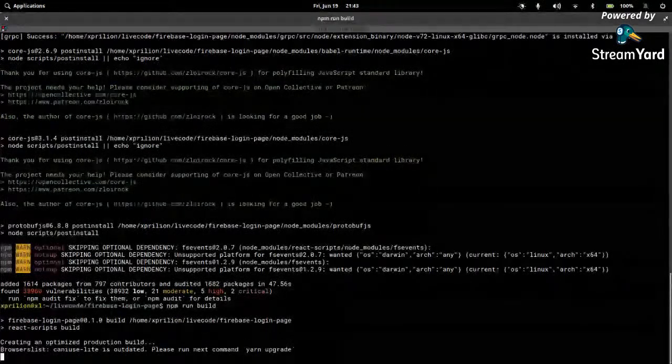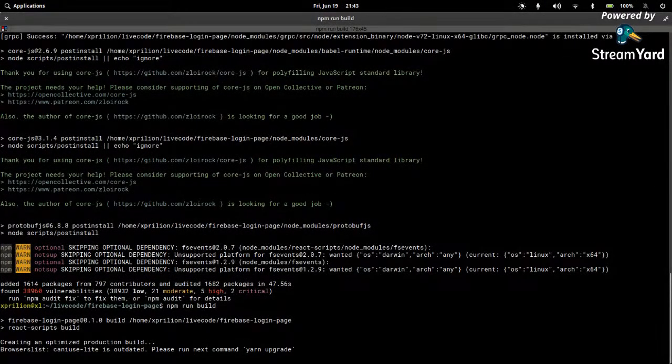Now the project is building. It's telling me that there are a number of packages which are outdated, and this is very crucial if you are working on a sensitive application, but I think we can skip that worry for now. So while we are waiting for this build to happen,